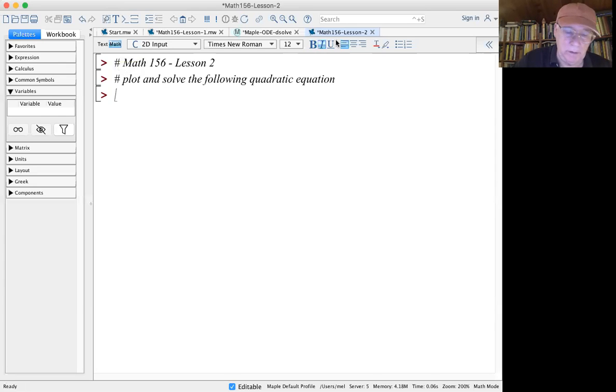The equation is x cubed minus 3 times x minus 5 equals 0. So to plot this, we just write down the function of x, comma x,